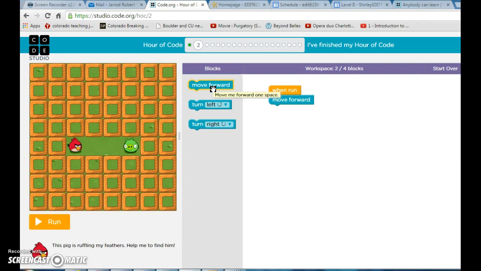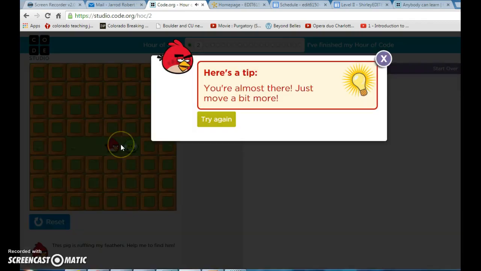I could be wrong here, but we're going to drag this guy over here and press run. Okay, so we see that he needed to move 3 times. That may have been changed if we could have put it on a looping block, but that comes later. Kids will learn that later.